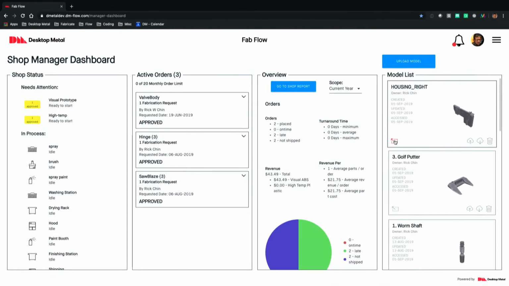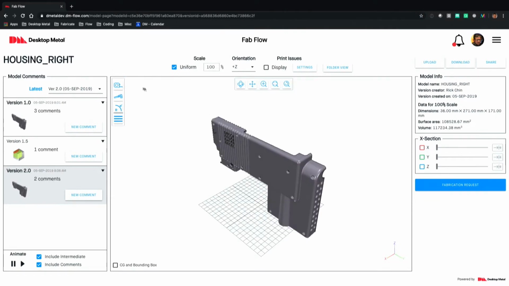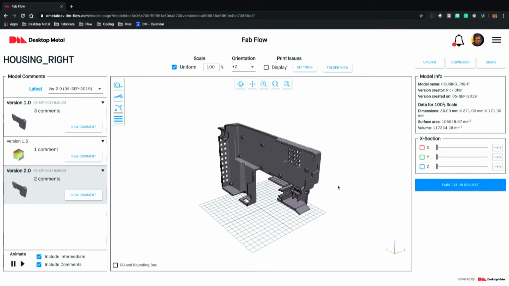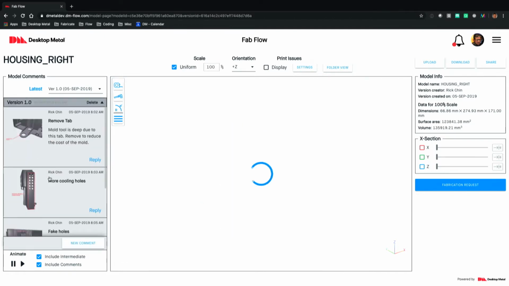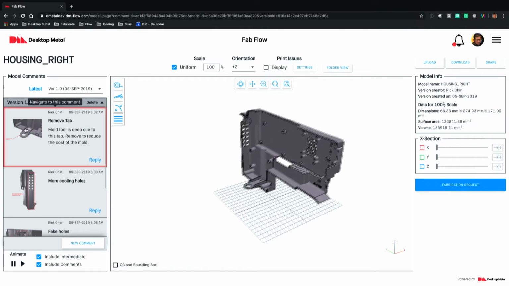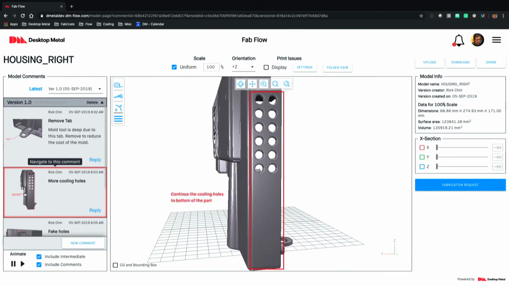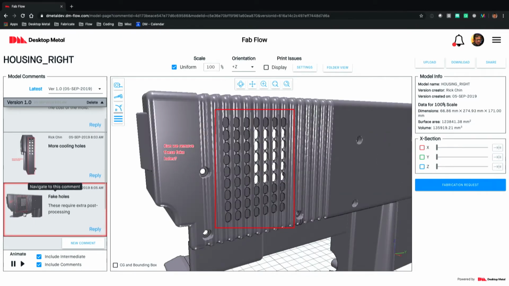Okay, we're going to start by opening up a model in our 3D viewer. Now, like in most any other 3D viewer, we provide the capabilities to measure your design, scale it, cross-section, to view this design. In addition to that, there's a lot of other information that we might want to communicate about the design. So we created some capabilities so that you can comment right on the 3D model. As an example, I can click on any one of these notes or 3D annotations and automatically navigate to that information. And it's done in such a way that I can actually see exactly where the particular issue is being highlighted